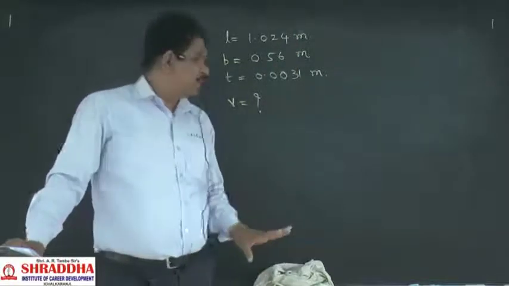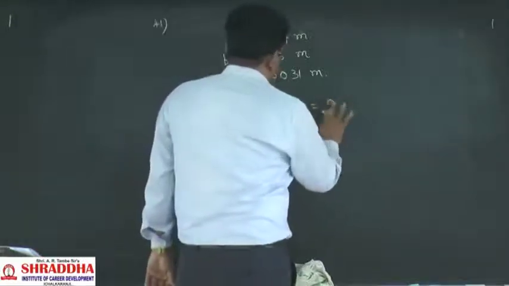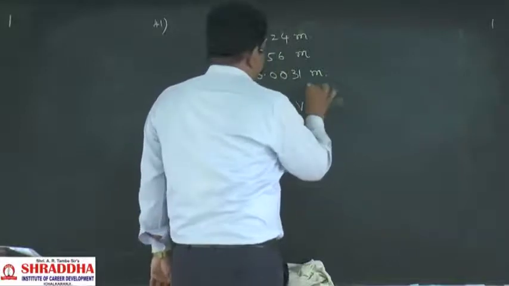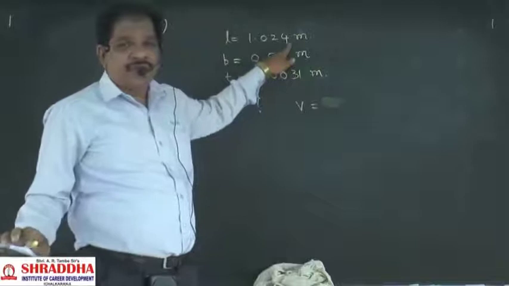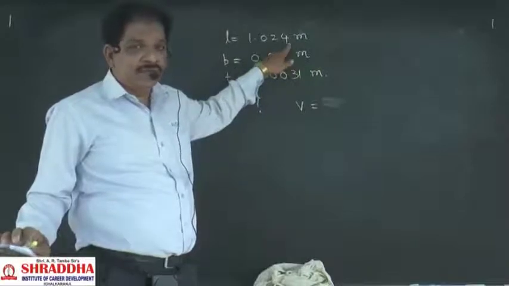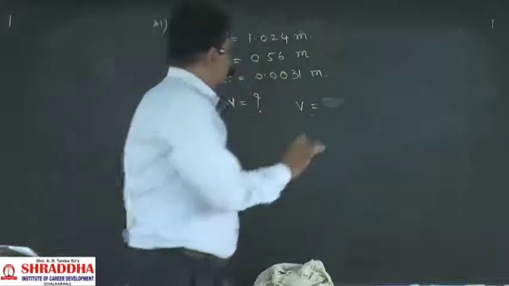Actually, what is the procedure? V is equal to, this is having 4 significant figures. This we have to round to 3 significant figures, because more than this one we have to do. So